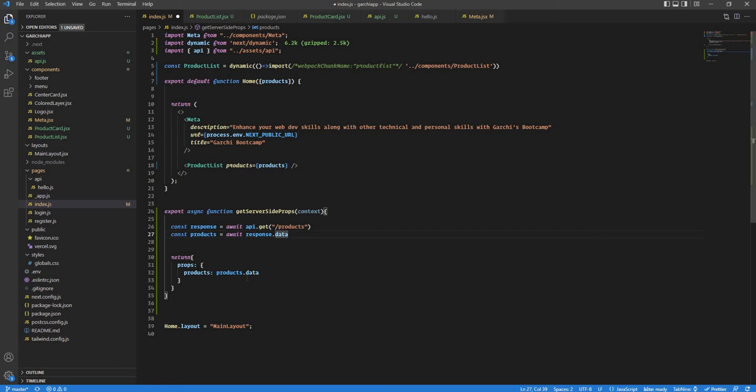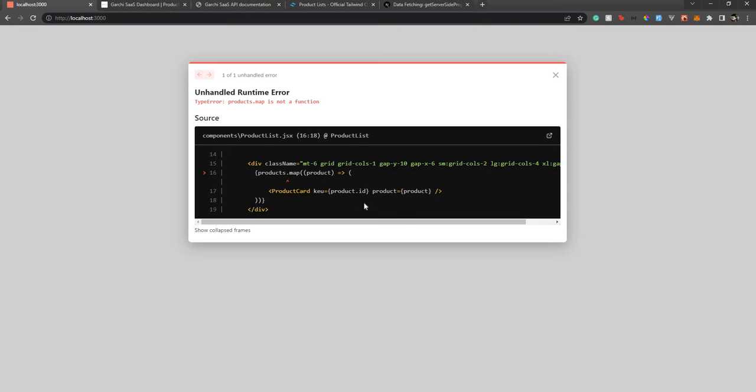So after every, let's say, 15 seconds, 30 seconds, the page is rendered behind the scenes. So we will see for server side, and I'll show you how that SSG works. So that being said, okay, let's have this. Now it shows me an error that there is no product.id, of course, because we just need to follow this